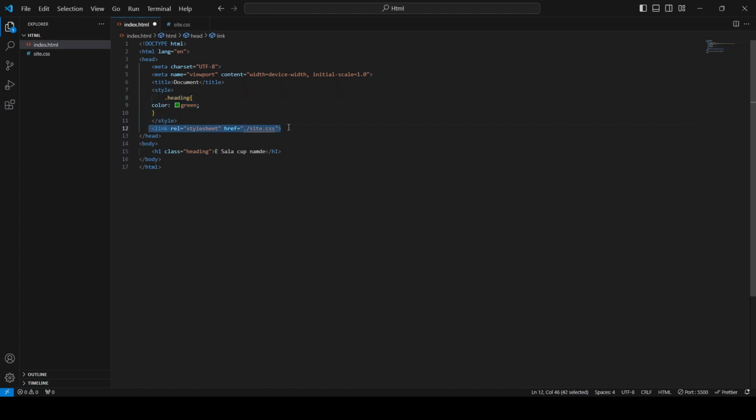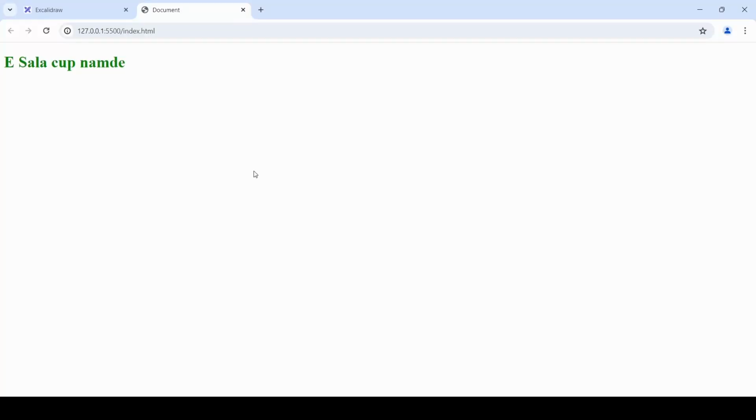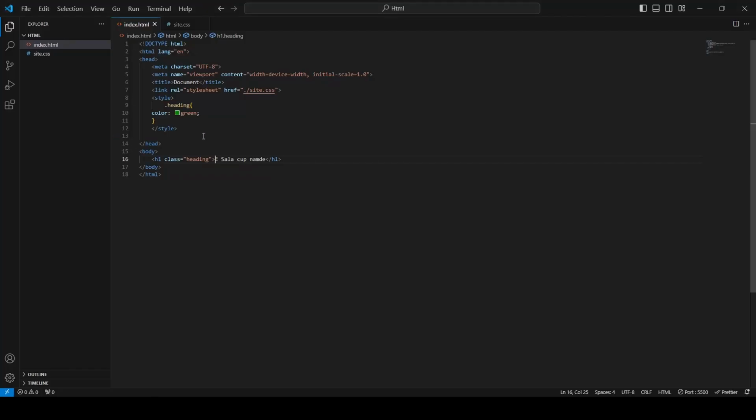We move this external CSS to the top of the internal CSS. So let's check the color of the Isala Cup Namde. It has changed to green. Now this green color is coming from the internal CSS, and from these previous two examples, the order in which they are mentioned